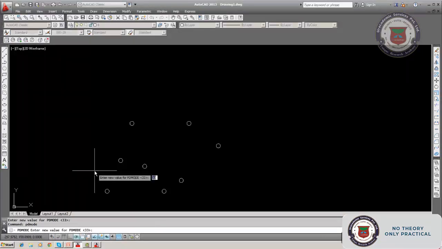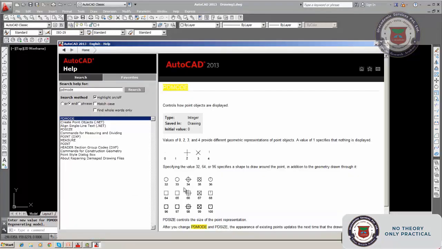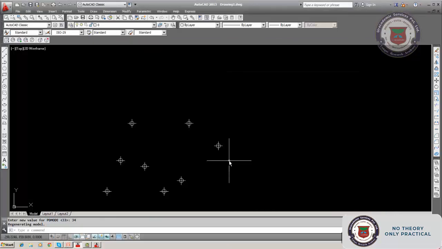PD mode 34, is it there? See, 34 it becomes a plus inside. Inside there is a circle, the center is a plus extended beyond the circle. And then we will see what other things we can draw. See, PD 34 we have drawn. 32 is a point inside the circle. Suppose PD mode 32, if I select, you can see here a point inside.